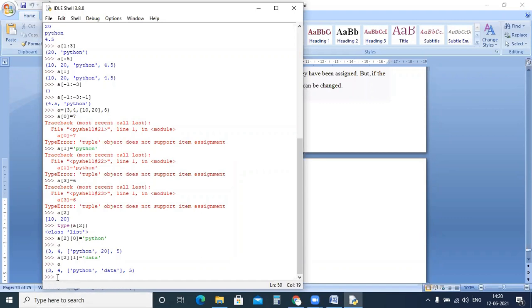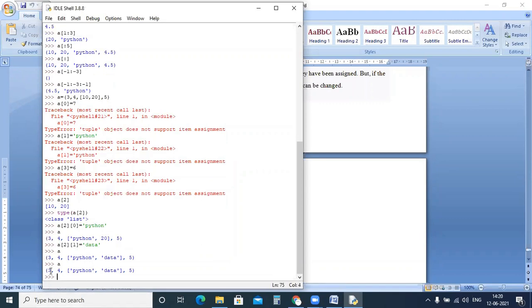Okay. Now what I'll do here is we have A. So these are the values what we have in A. 3, 4, Python, data. This is the list we have and we have 5. What is the index? We have 0, 1, 2, 3. I will try to insert now in the fourth position.